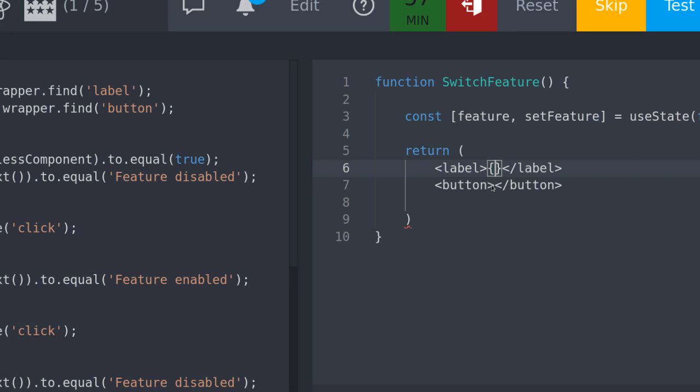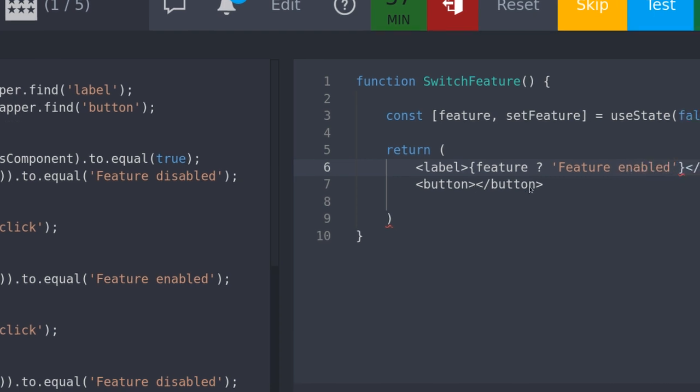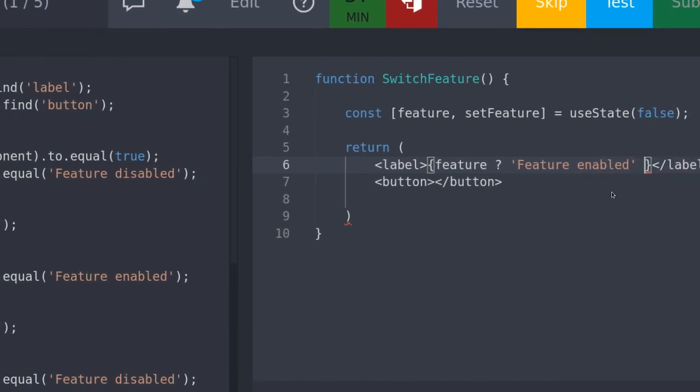What am I testing for true or false? Feature. Yeah, so feature is my condition. If it's true, I want to say feature enabled. If it's false,